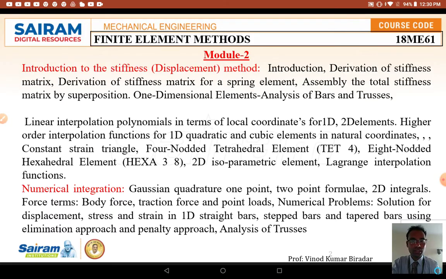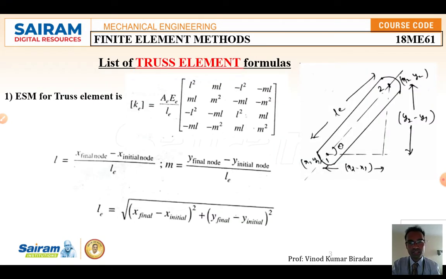So in today's class we are going to solve numerical problems on truss element. Before solving the problems, you have to understand the assumptions made in the truss element. I told you the forces act only at the nodes. In between the bar, no forces act on that particular element. Second, if an inclined force acts on a particular node in the given truss, you have to resolve it into two components. And each element is connected with a frictionless joint. So these three points you have to remember to solve the truss problem.